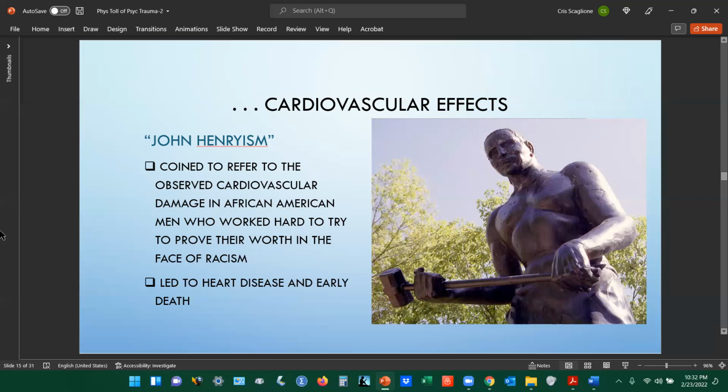So in about the 1930s or so, many cardiac physicians were noticing that, particularly in African American men,